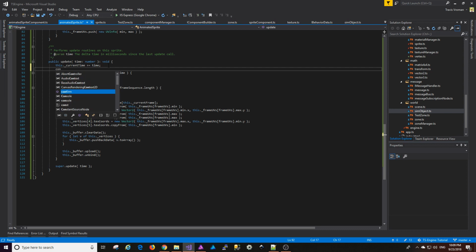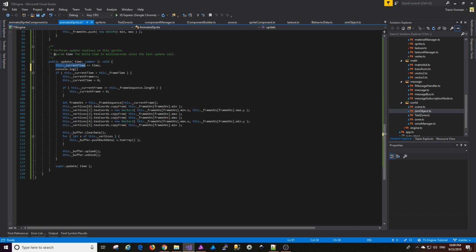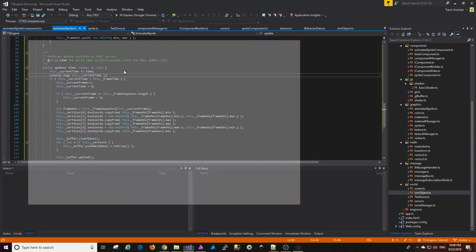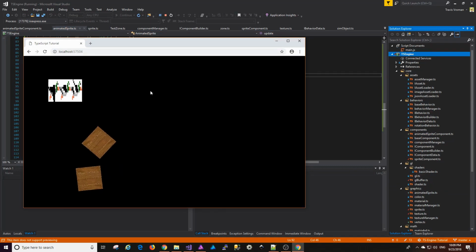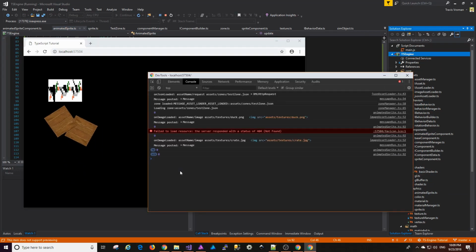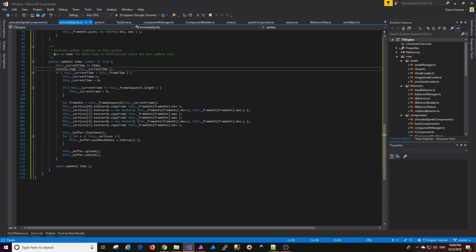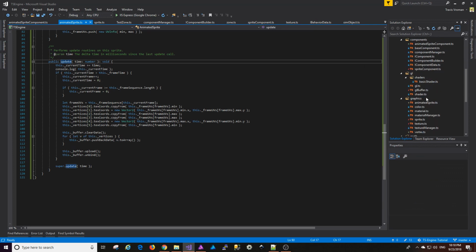Temporarily, I'm just going to output the current time to the log, just so I can see what's getting passed there in that update call. We're passing zeros. No wonder it isn't working. Okay, so we've got a bug somewhere in our update call, and I have a feeling that this was one